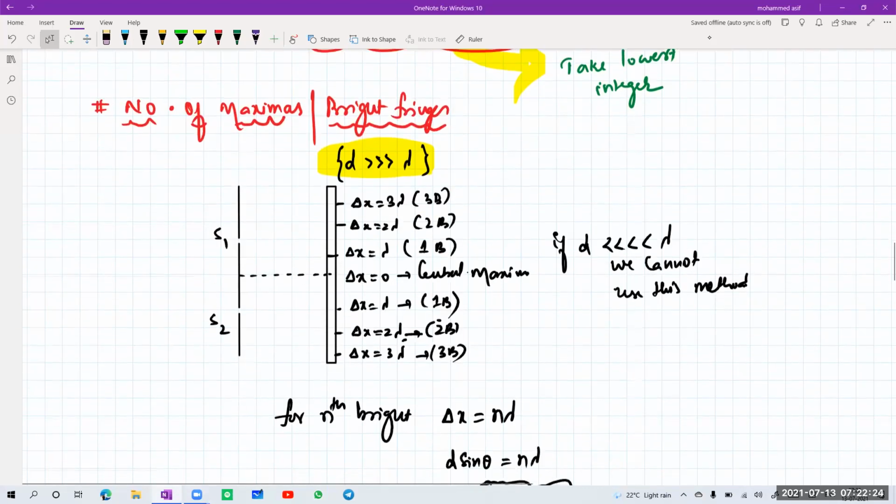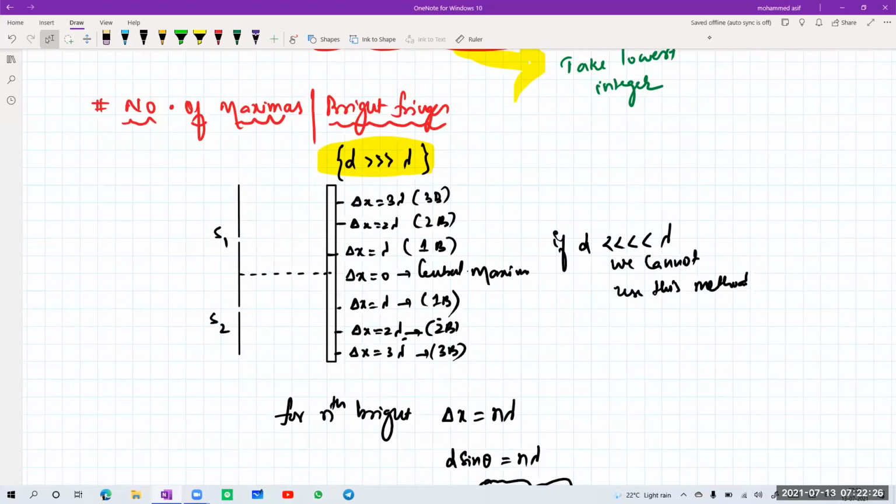Now, if I need the number of maxima or bright points, from this source, S1 and S2, the points which have been reaching on the screen are like this above. In the same way, we'll be getting the points on the below side like this. So again we'll be getting some more wave points like this, and here also some more wave points like this, and from here somewhere some points like this.